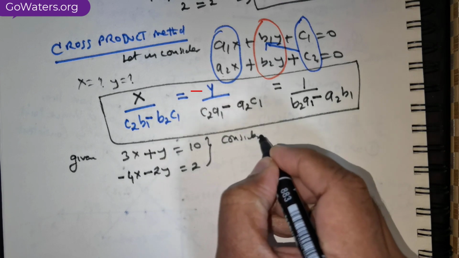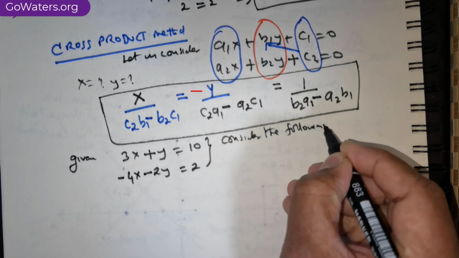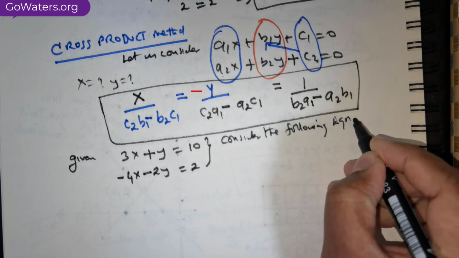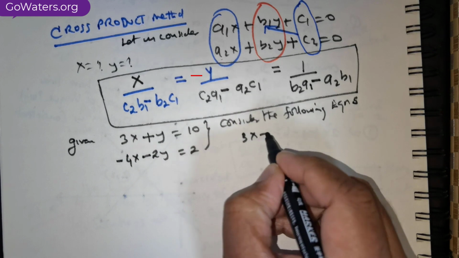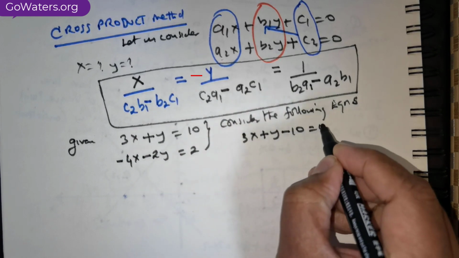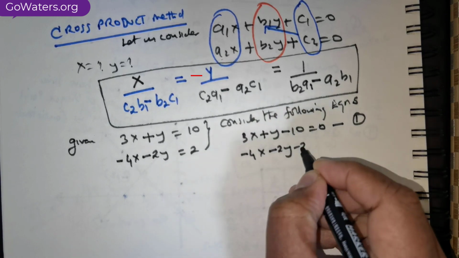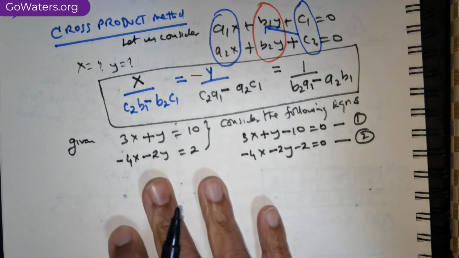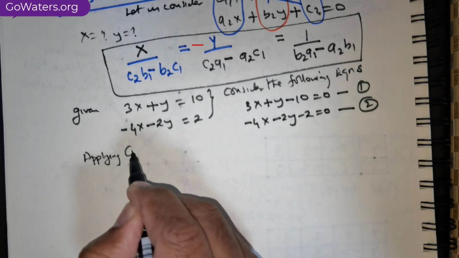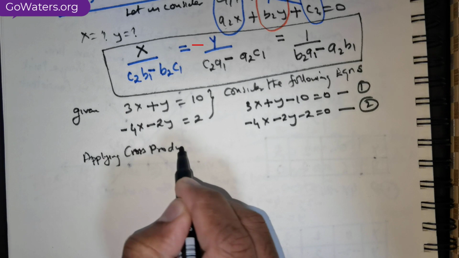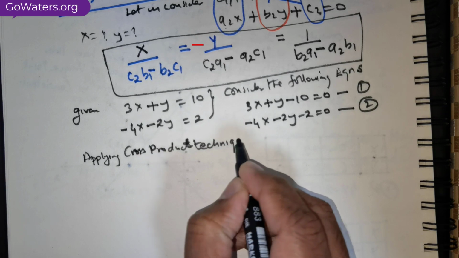Consider the following equations: 3x plus y minus 10 is equal to 0, I am taking this as 1, and negative 4x minus 2y minus 2 is equal to 0, I am taking it as 2. So from here, applying the cross product technique, we get,